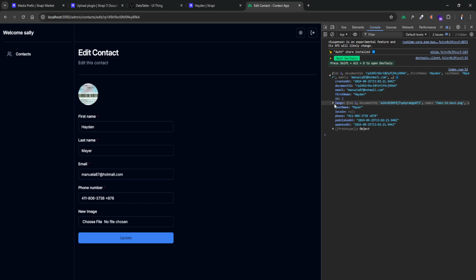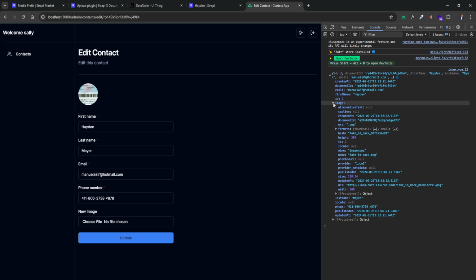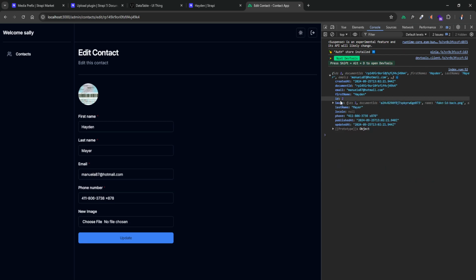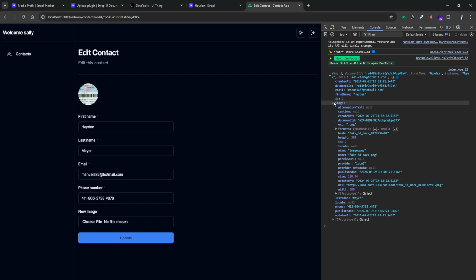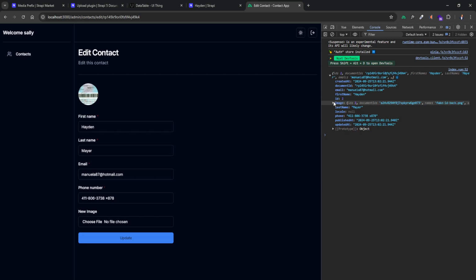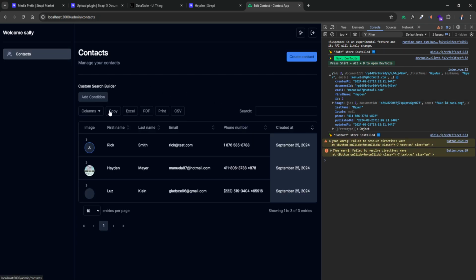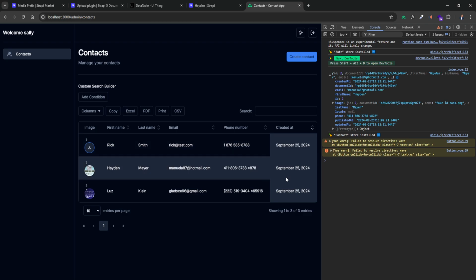And of course, we get everything that we initially set in the object. And this is the tricky part. I will need to check if this is of type file, because if it's an object, it means that the image exists. But if it's empty,